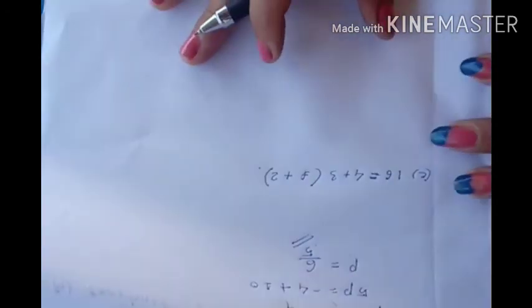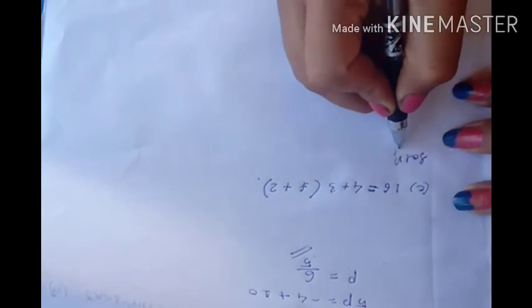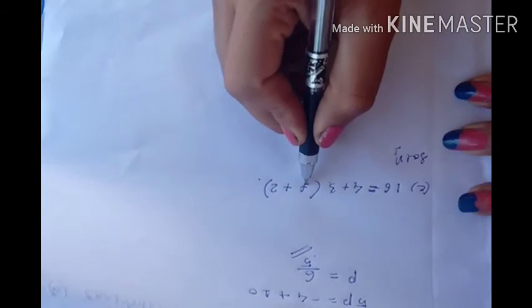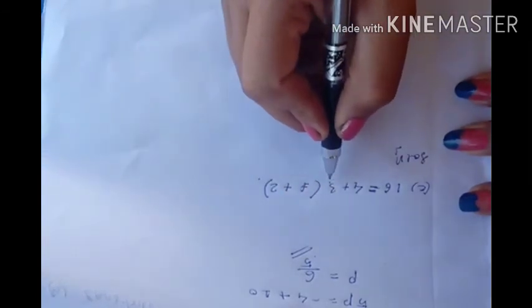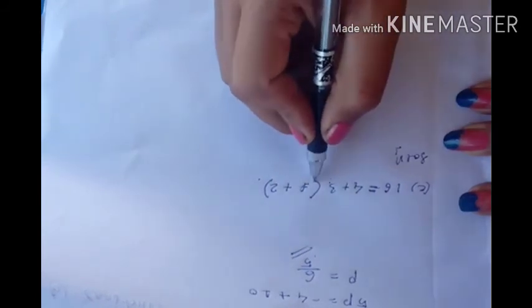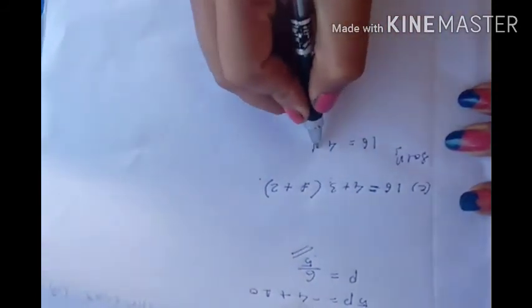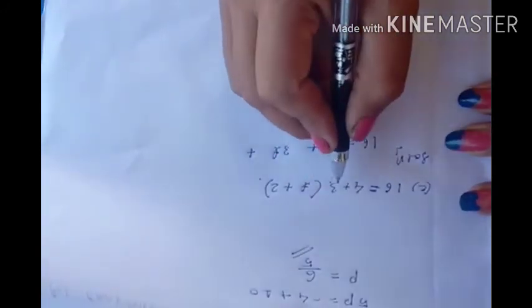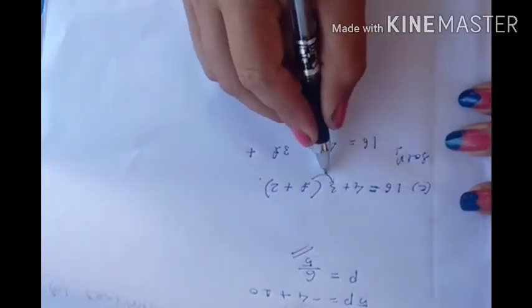Now come to the next question, question number C. Here it is given 16 is equal to 4 plus 3, then again multiply with t plus 2. Okay, this is t plus 2. That means this 3 is multiplying with both the values. Okay, 16 is equal to 4 plus, now 3 into t, 3t plus, here it is plus, here also plus. So plus plus will be plus. Now this 2 we got how much? 3t. Now if you multiply this 2, then it will become 3 to the 6.